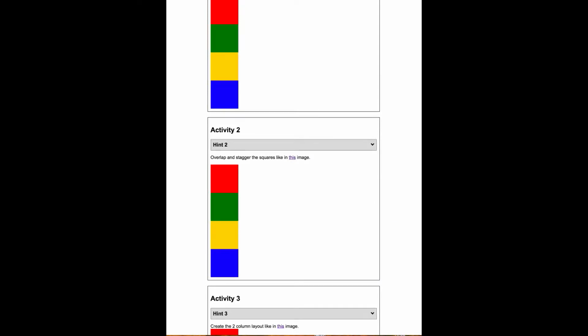Number 3, week 8, part 3, positioning activity. All right, remember last time we got our CSS already